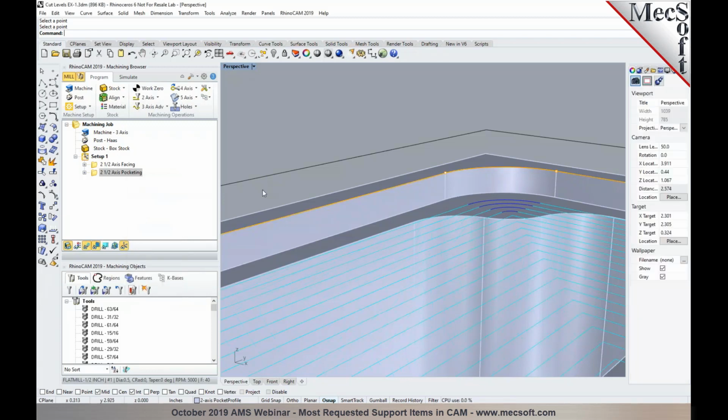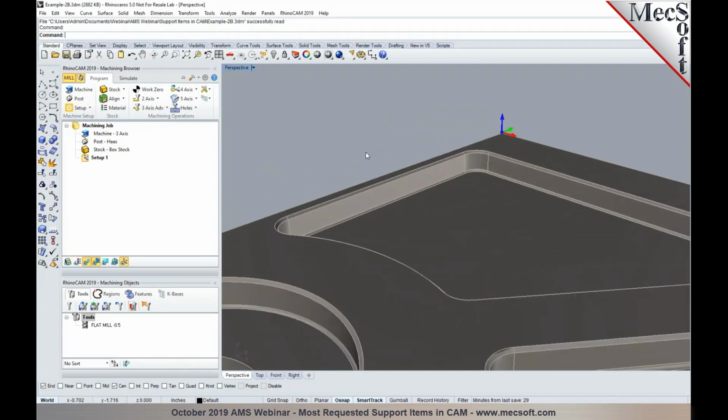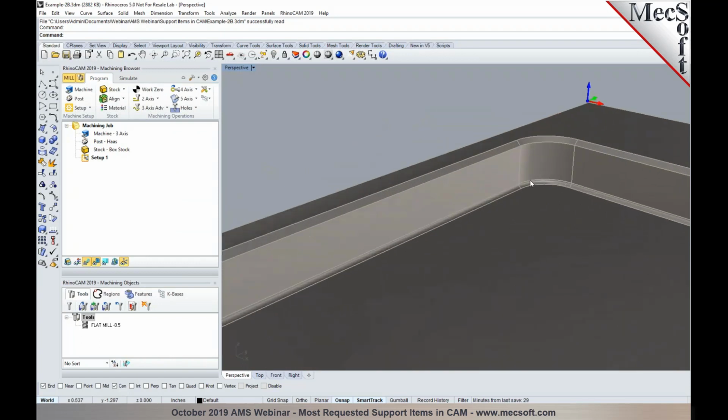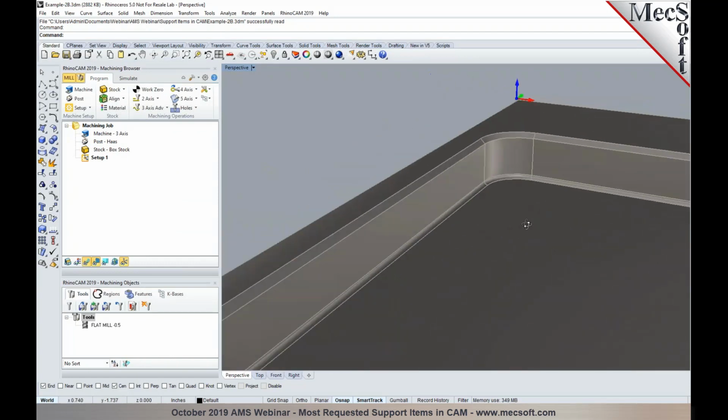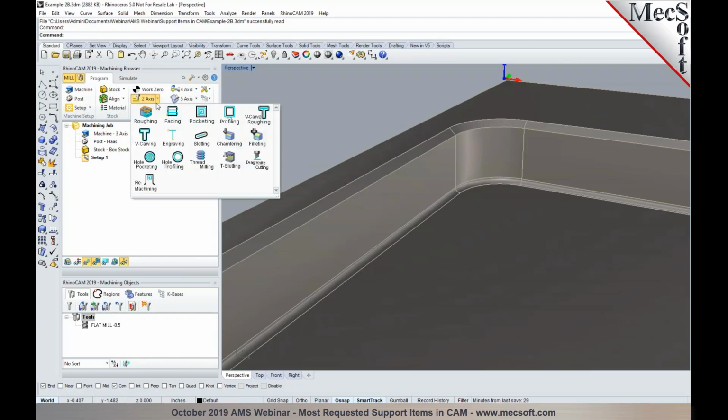Now I'm going to switch to an example where you will see if there isn't a part region that can be selected either at the top or at the bottom, how do we specify location of cut geometry? So in this particular example here, you will notice that we have a chamfer on the top edge of the pocket and we have a fillet on the floor of the pocket. So when we go into a pocketing operation,